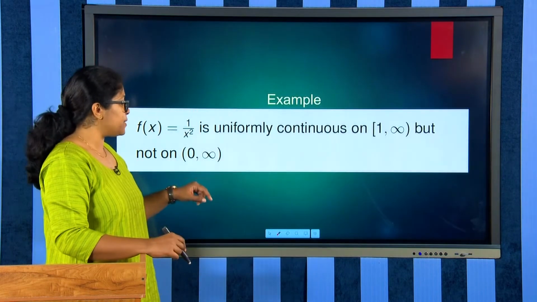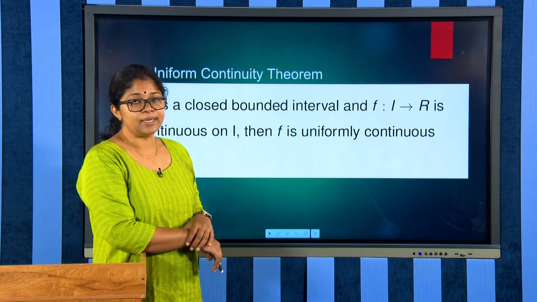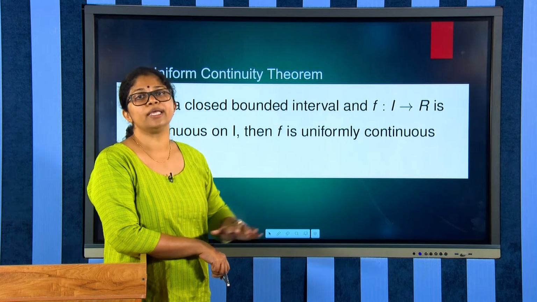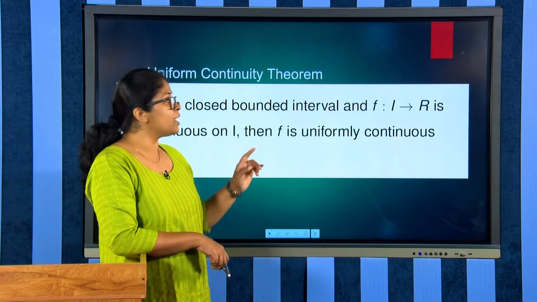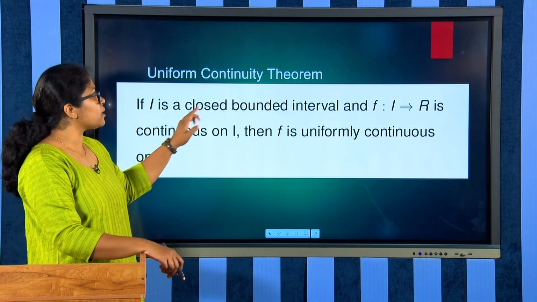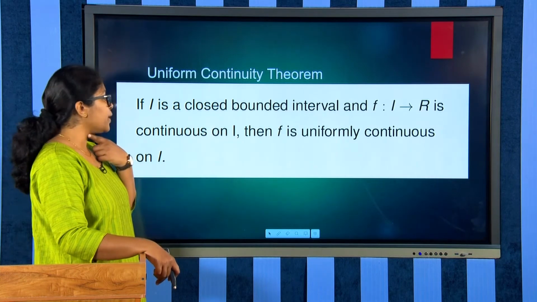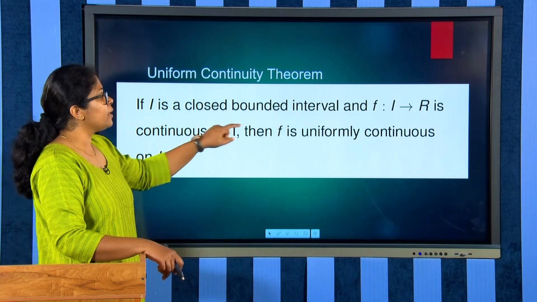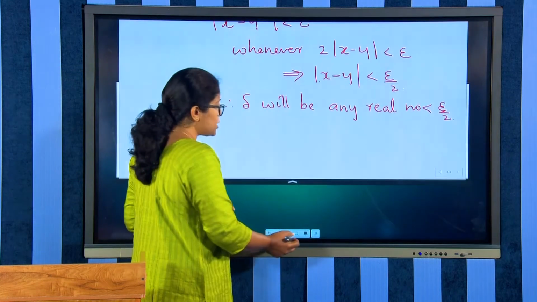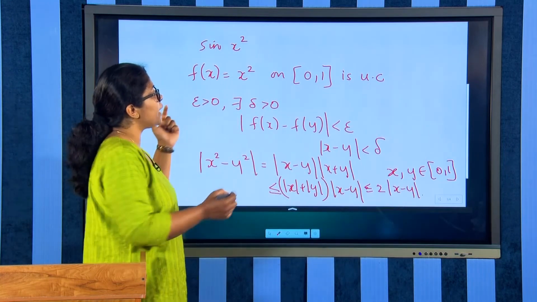So these are some of the examples that we have seen. Now looking at a very important result, which indicates when a continuous function is surely uniformly continuous. When can we say that a continuous function is definitely uniformly continuous? If I is a closed bounded interval, and f is a function defined from I to R that is continuous on I, then f is uniformly continuous on I. That is why I have shown this example for you, because f of x equal to x square we had taken on the